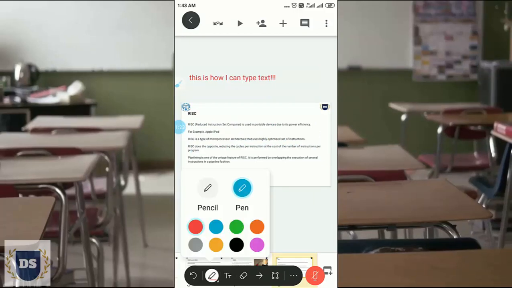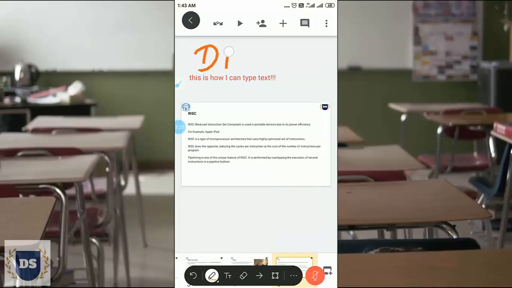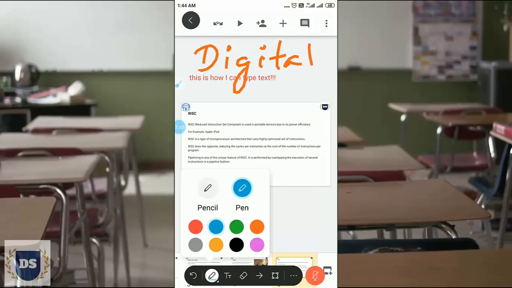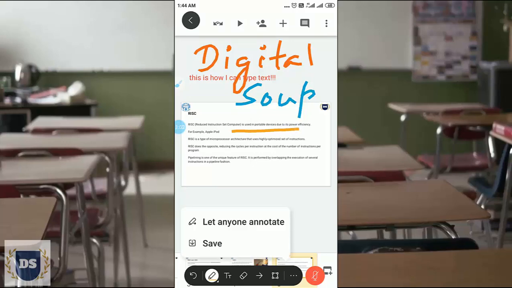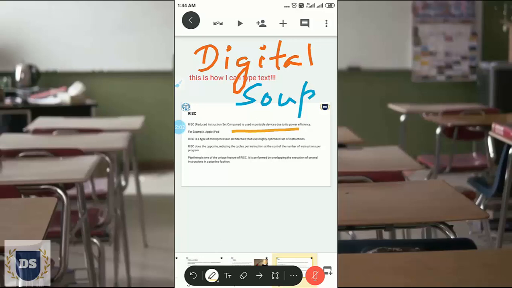There are a lot of colors available. I can also save the screen that I have annotated, and I can make use of the eraser in order to erase the annotations.